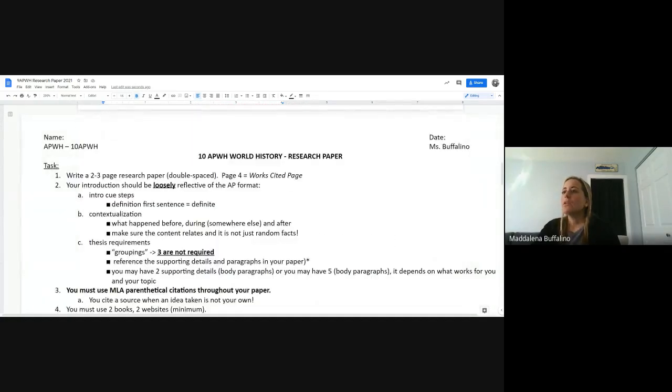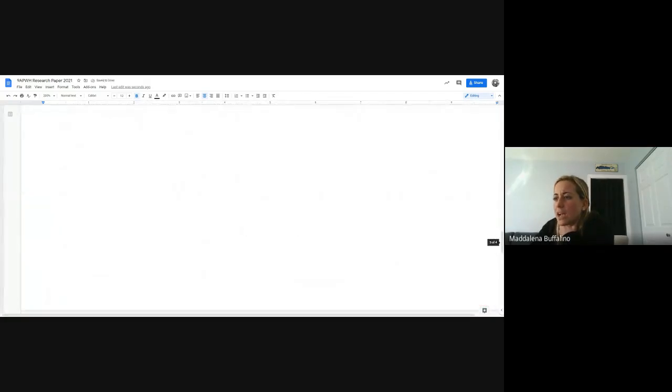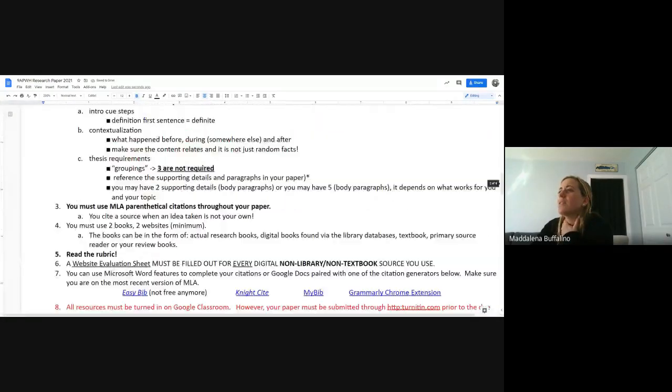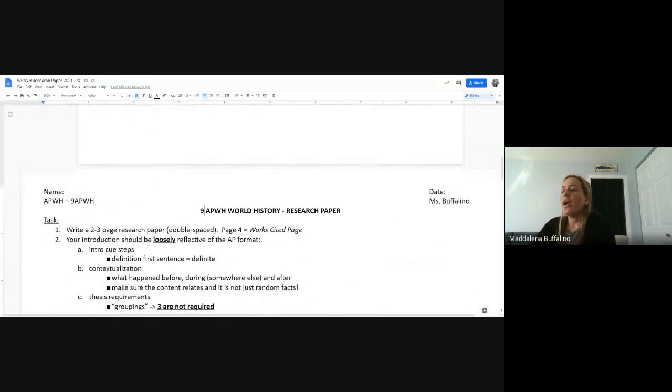Okay. So I just realized I didn't change that to 9 AP World on yours. So change that for me. It's same intro directions, and my handout is correct. I just didn't change the heading. Okay. So I wrote,